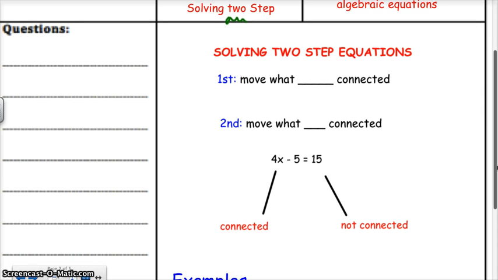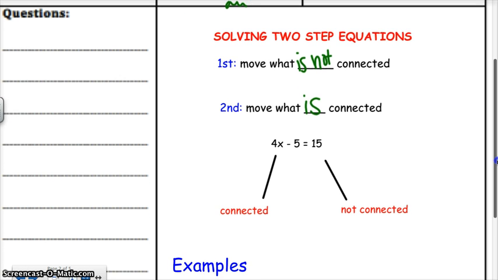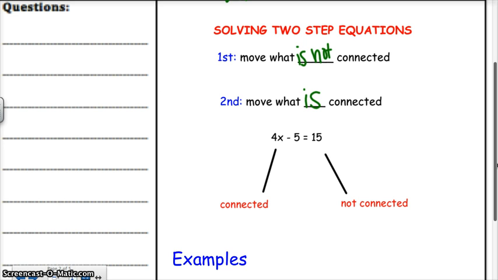Two steps. The first thing you want to do, move what is not connected to the variable. Move what is not connected to the variable. That's the first thing you want to do. And lastly, you will move what is connected to the variable. So I say this in a very unprofessional manner. This isn't math vocab here. To me, I just used normal, how my eyes see it. I visualize an algebraic expression like this, and I can visualize it by what's not sticking to it and what